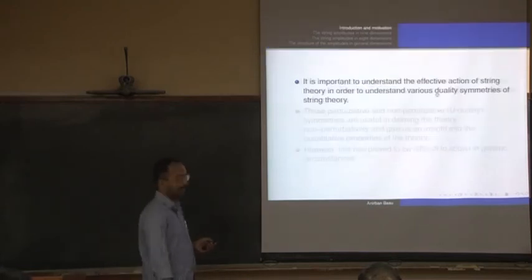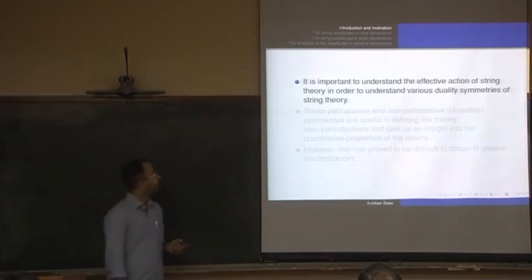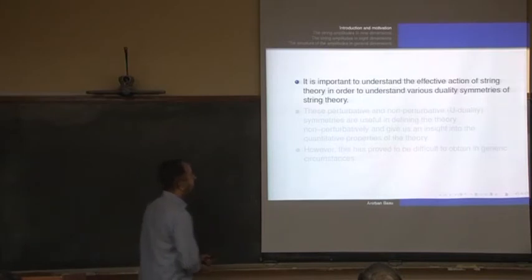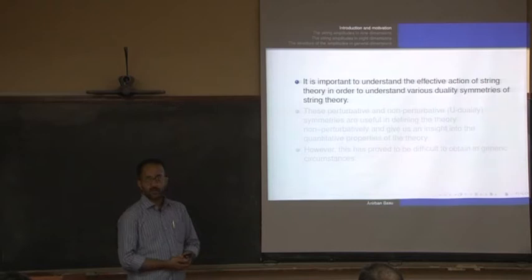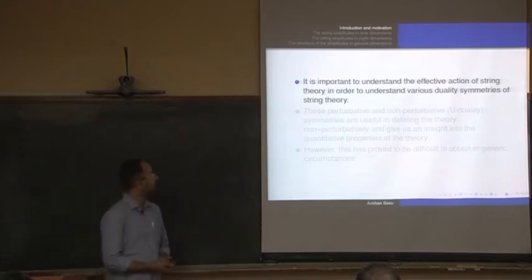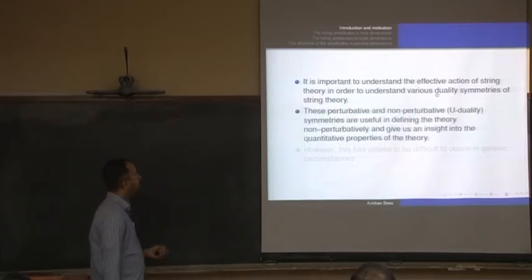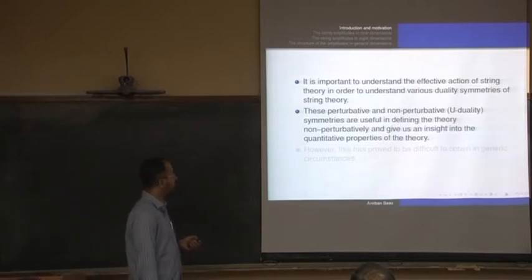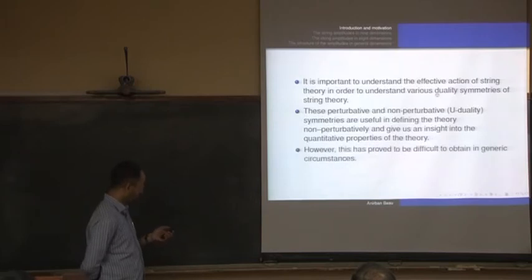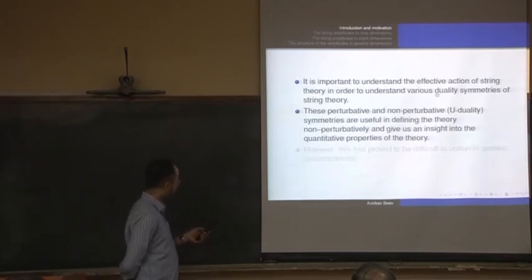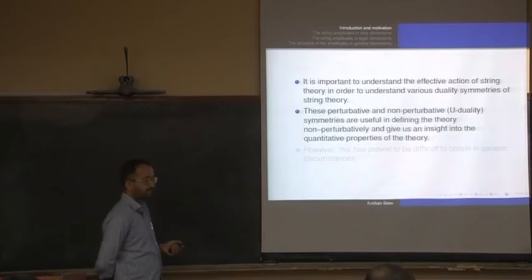So first, the introduction and motivation. The main idea is to try to understand the effective action of string theory. Not necessarily right now are we trying to understand phenomenology, but at least we look at simplest toy models where you can solve the theory exactly, at least for a certain class of interactions. The main aim is to understand the duality symmetries of string theory, namely various perturbative duality symmetries like T-duality and also non-perturbative U-duality symmetries. But at the end of the day, it's good to have a good handle on these duality symmetries because they are useful in defining the theory anyway beyond the perturbative regime.